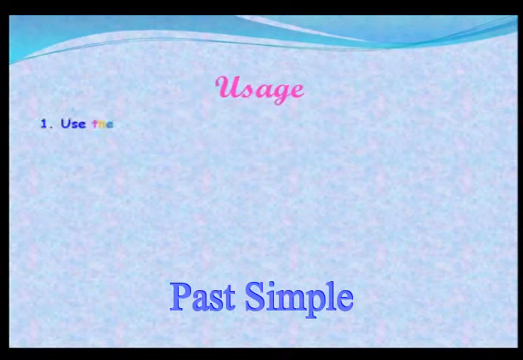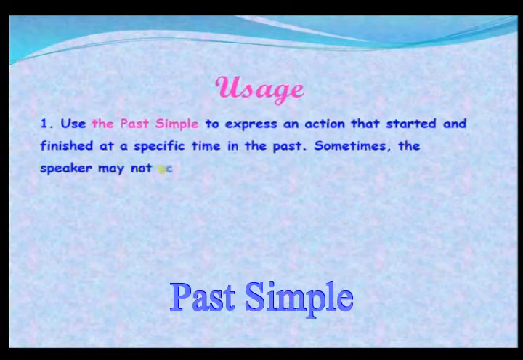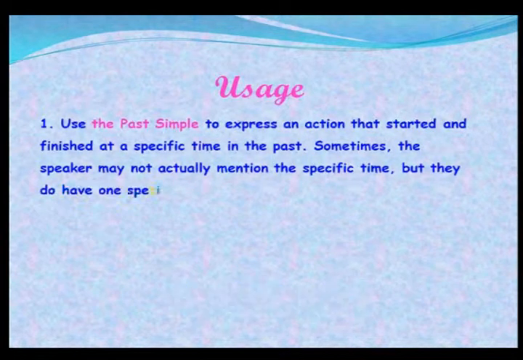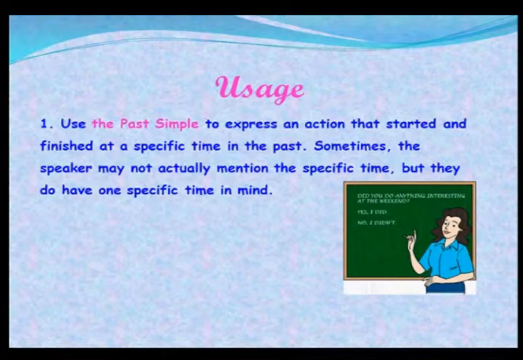So this is usage number 1. We use the past simple to express an action that started and finished at a specific time in the past. Sometimes the speaker may not actually mention the specific time, but they do have one specific time in mind. For example, you see in here,